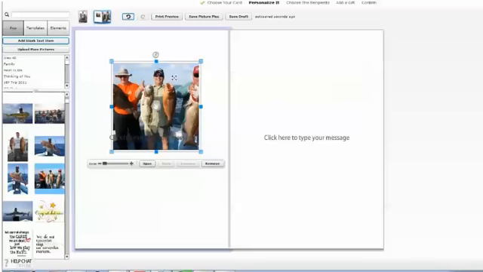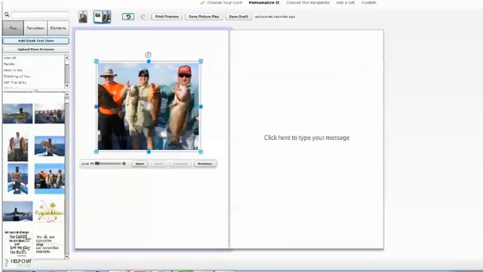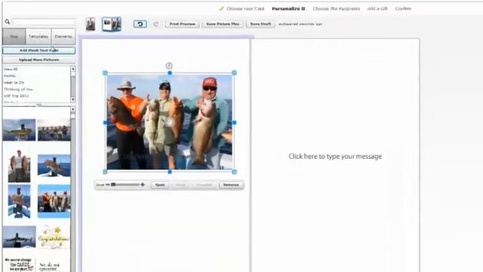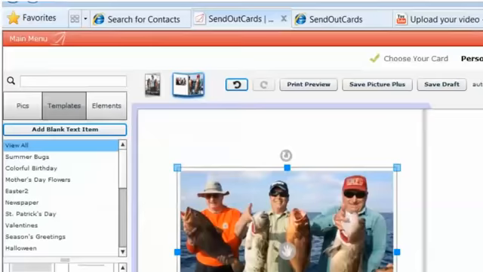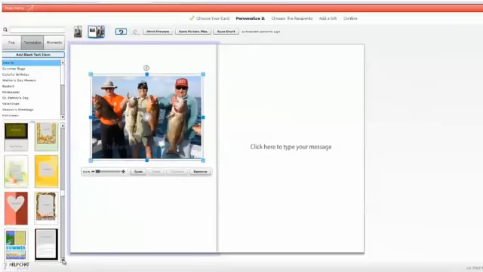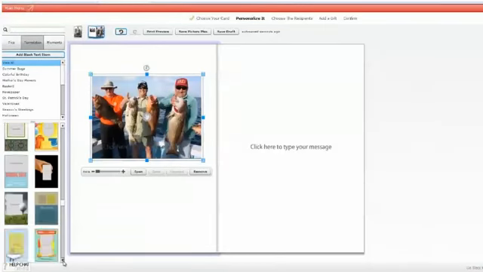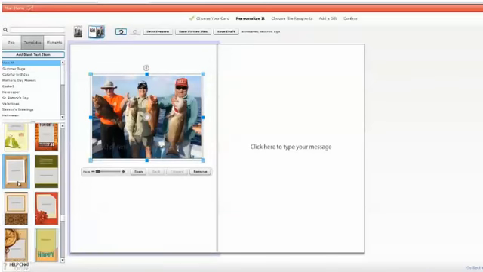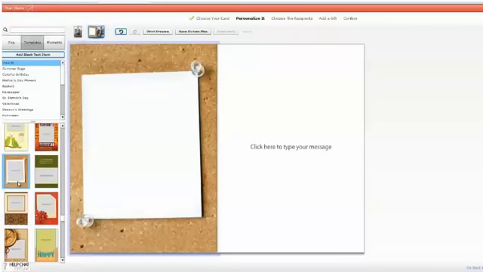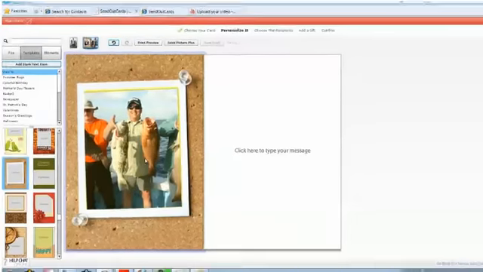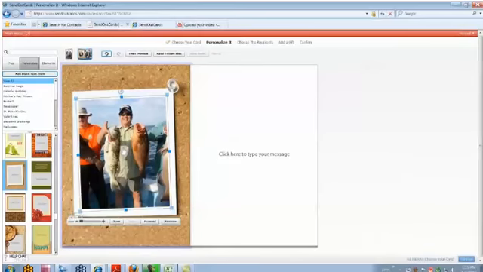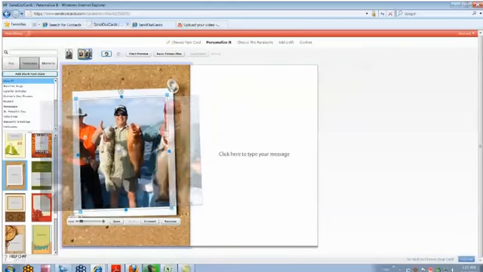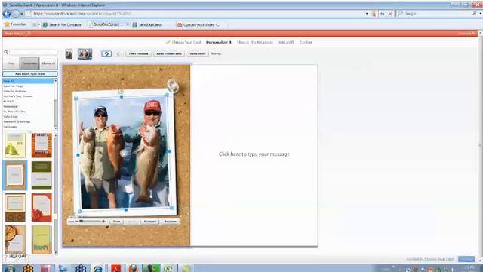But what we're going to do is pick a template so you can see how easy that is. So once again, I'm going to go back to my templates. I'm going to scroll down to one that I like. It's a bulletin board, and once again, the easy thing about just clicking on the one you want, it immediately puts that picture right inside. And once again, when you grab that hand, you can now center it to get it where you want it to go. Okay, and we could have put a caption under here or anything you want,